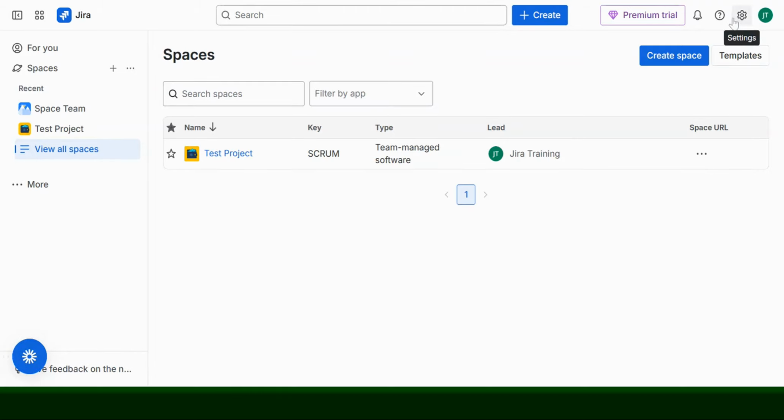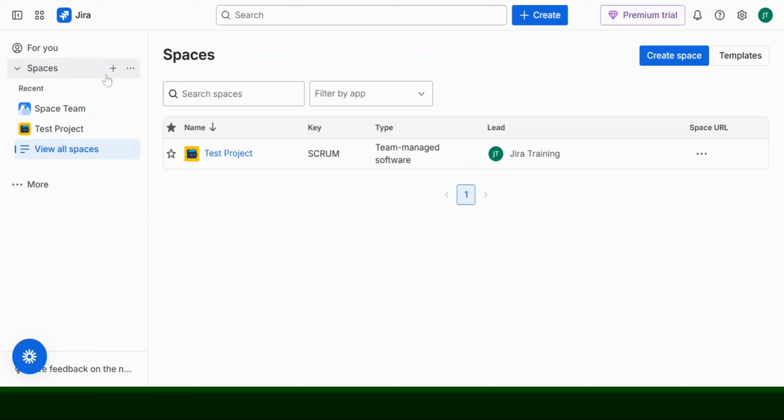Welcome to Chapter 2 of Complete Jira Training. In this chapter, we are going to talk about how to create a space in Jira. So let's get started. To create a space, click on the plus icon against the spaces option on the left